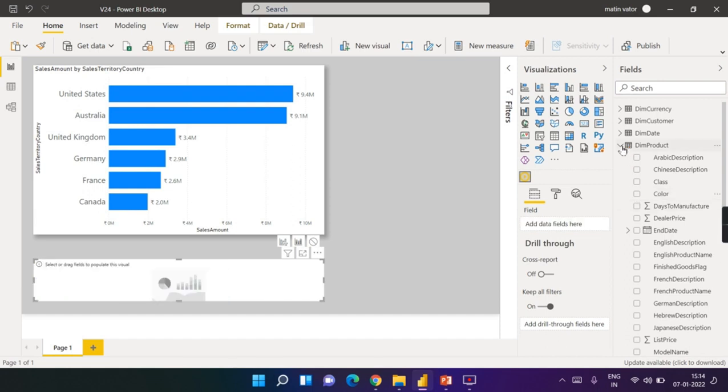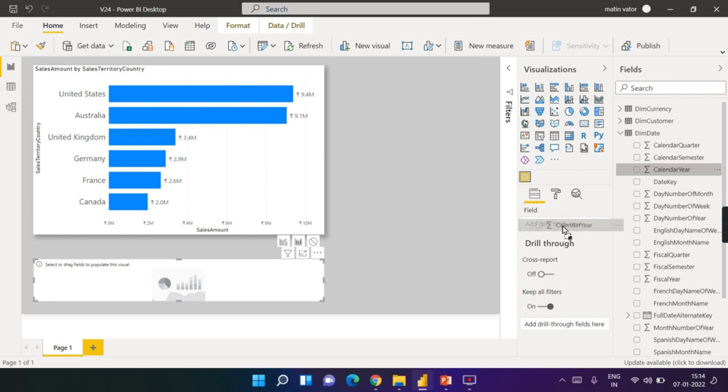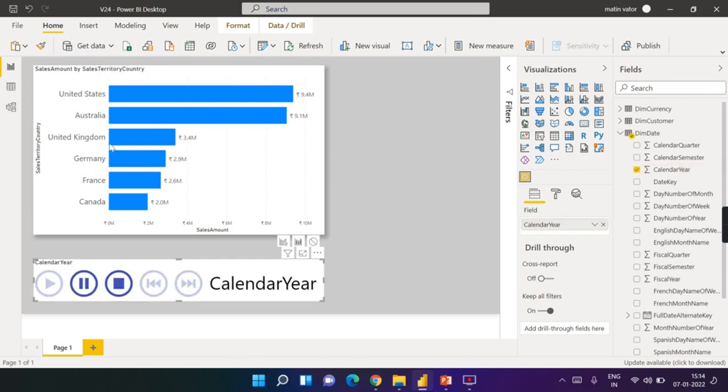I hope I can show it for calendar year. I tried that, that's why I'm telling this. When you use this, now you can see this Australia will move ahead. I mean, now it is not in filter mode. I think it's now in filter mode. Let's see how it goes.